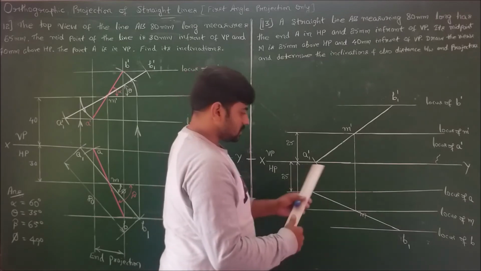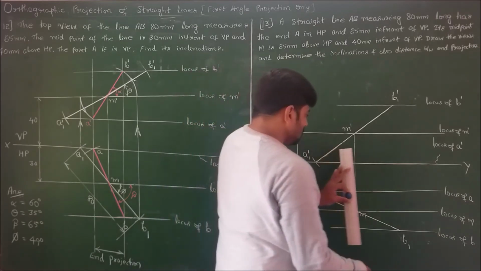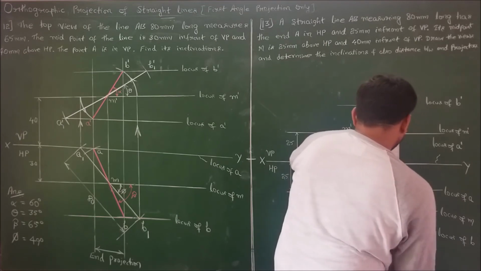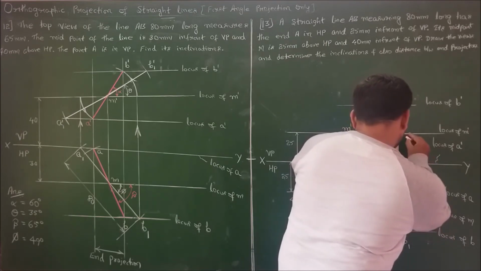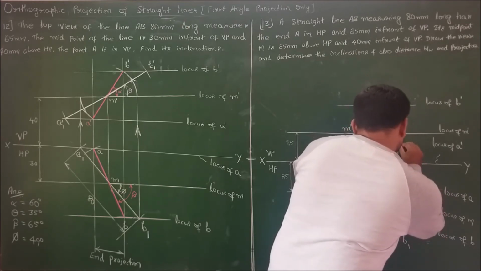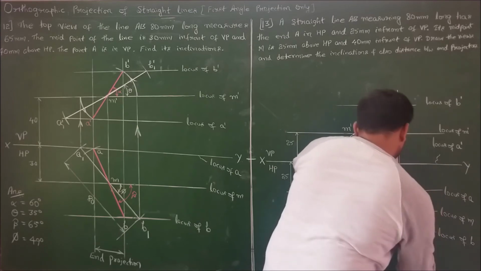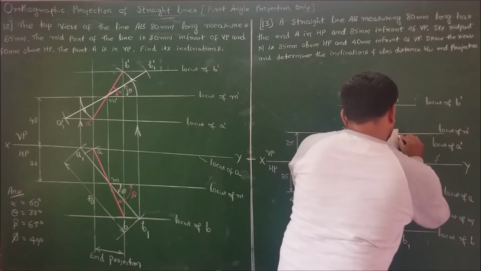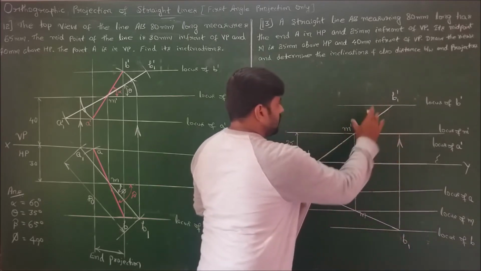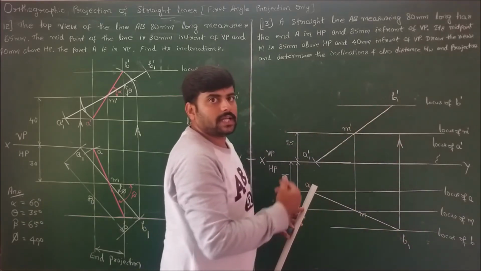That is, using a regular procedure to extract apparent length from true length. That is, drop the perpendicular from one end to the initial end locus of the line. But here we should always drop the perpendicular to the midpoint. So therefore I am dropping a perpendicular to the midpoint, locus of midpoint. I have drawn the perpendicular. Now just if I rotate, I will get half of the apparent line in front view.